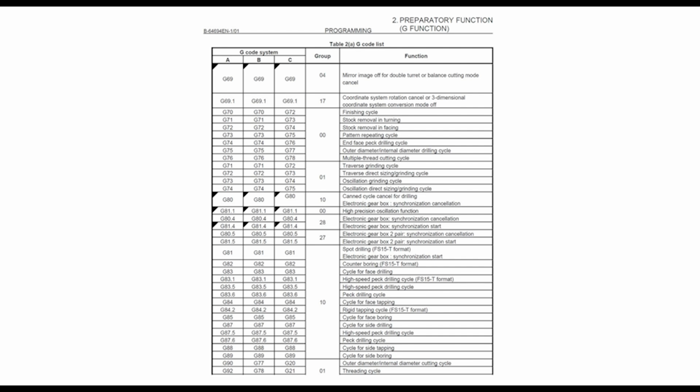It is taken from FANUC documentation. You see that G-codes are grouped into 3 columns A, B, C. These are those code systems. For our machine, we will use the G-codes mentioned in the last column C. This means this ISO C system.